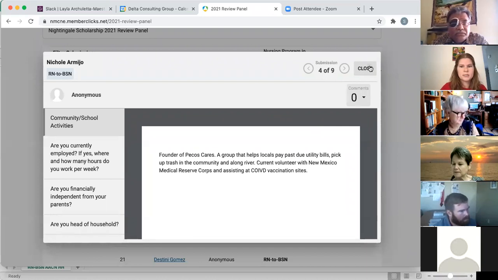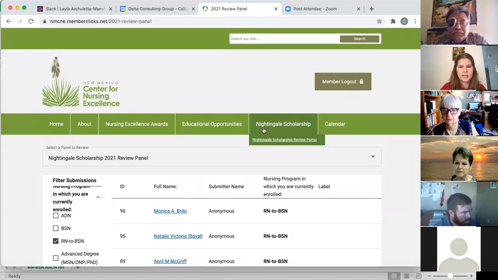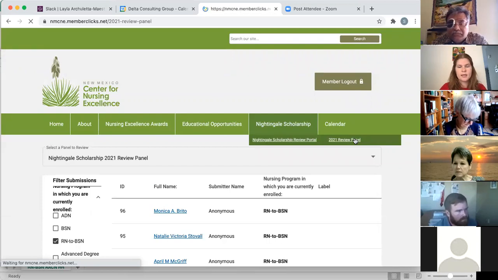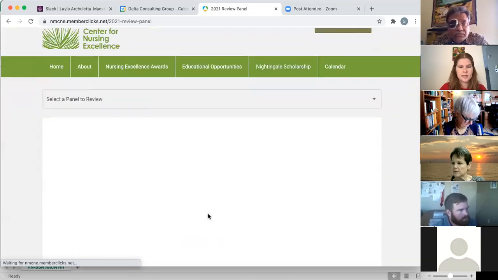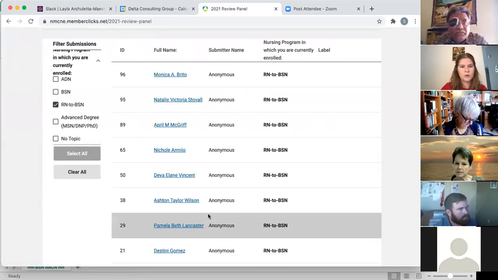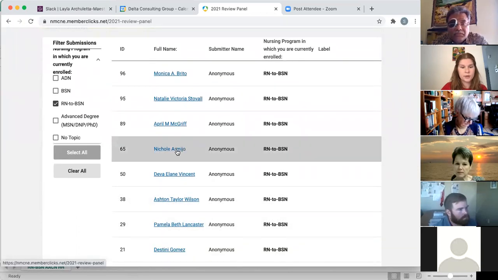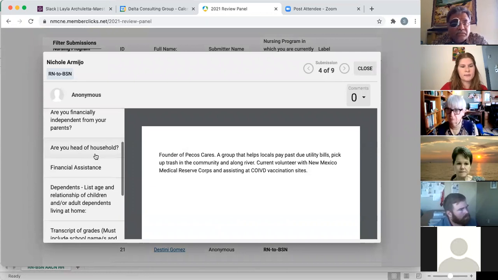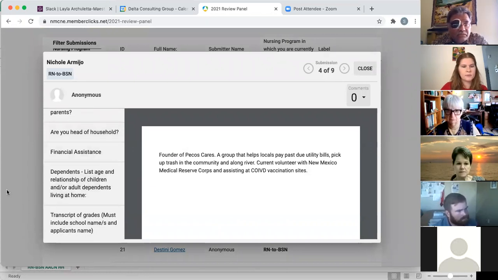So just as a refresh, we went to Nightingale Scholarship Review Portal, hovering, and then selecting 2021 review panel. Here are all of our applicants. And now I'm going to find Nicole Armijo so that I can score her. So first thing I'm looking for is recommendation letters. I'm going to scroll down